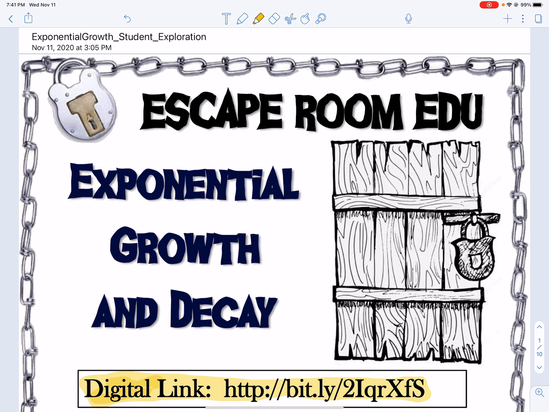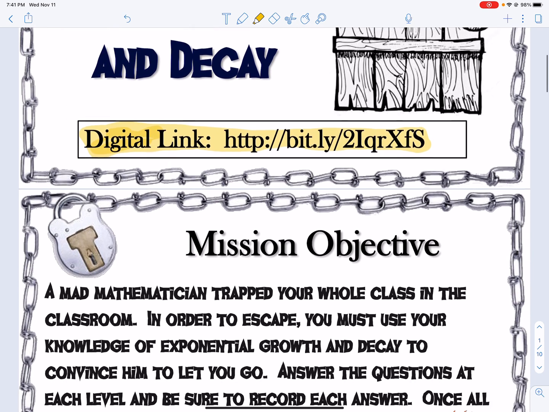Okay, so this escape room is actually something that they use in like Algebra 1. I got this off of Algebra 1, so this should be a review. Hopefully you were at the Google Meet today because we did a little activity to help us get ready and remind us how to do this. If you weren't there, you might want to look up exponential growth and do some reading or watch a video on it because I did it on the Meet today.